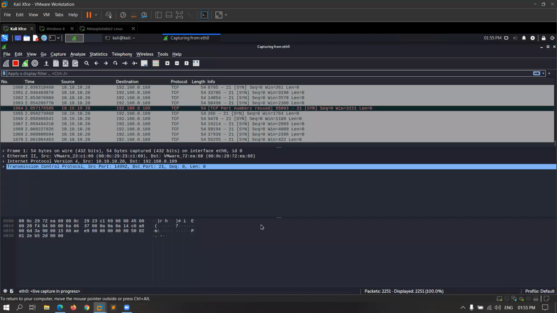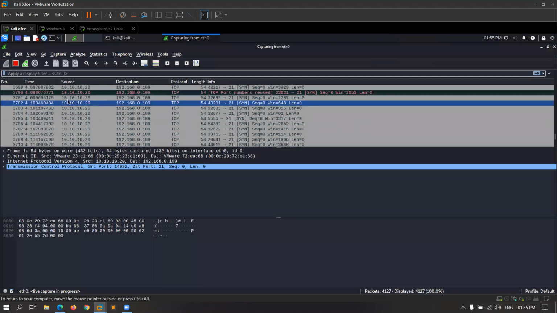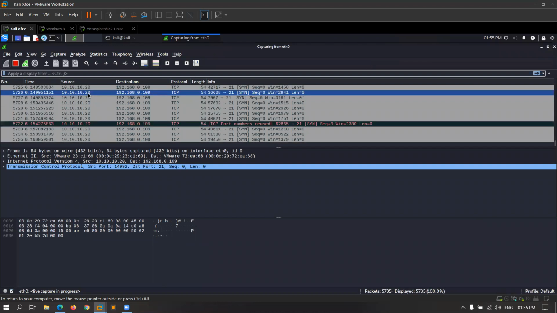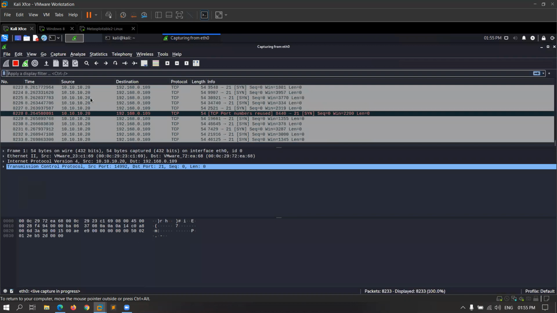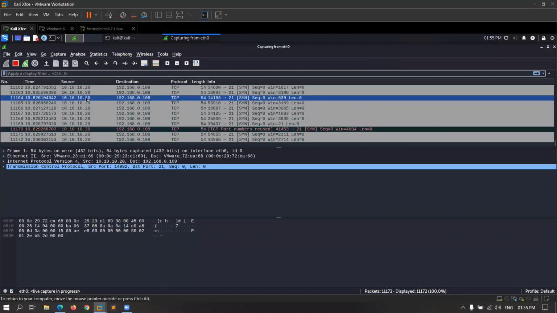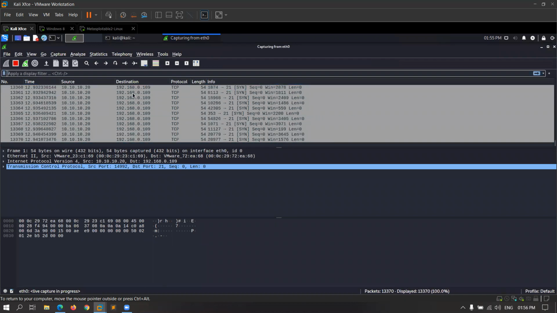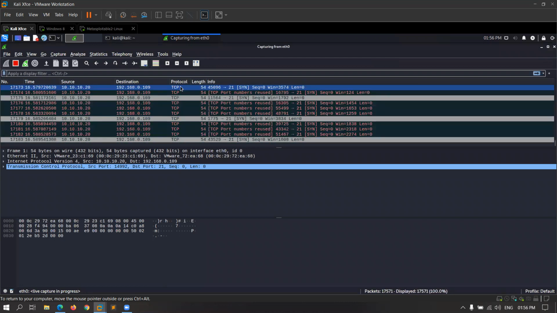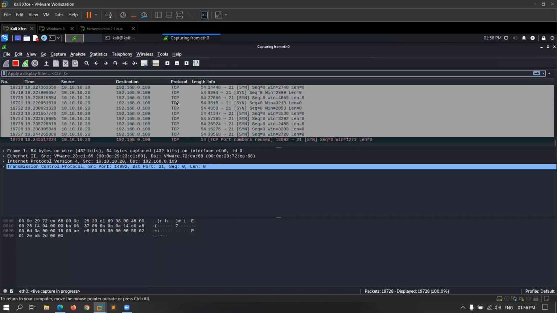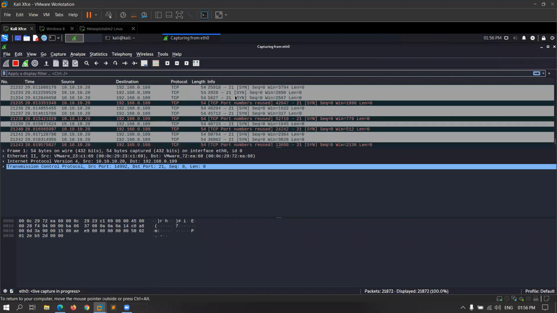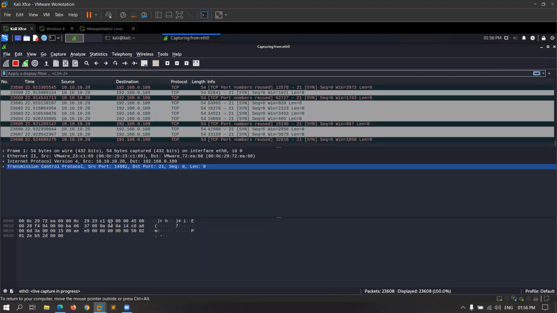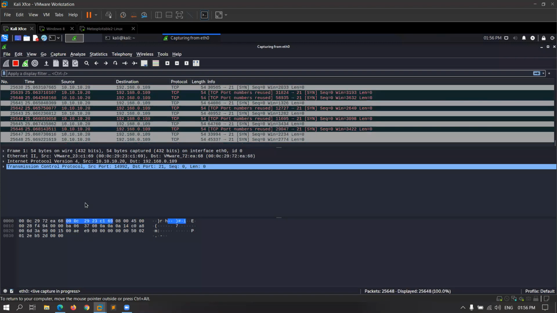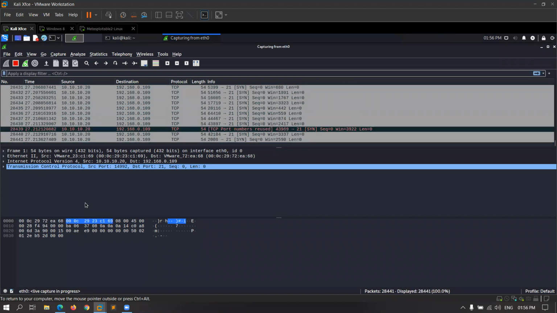You can see this is the spoofable IP address which we have created, 10.10.10.20, and this is the destination, our target machine, and the protocol that I am sending is TCP. And what is the port number? The port number is 21. It is sending traffic on the port 21 and we are flooding.